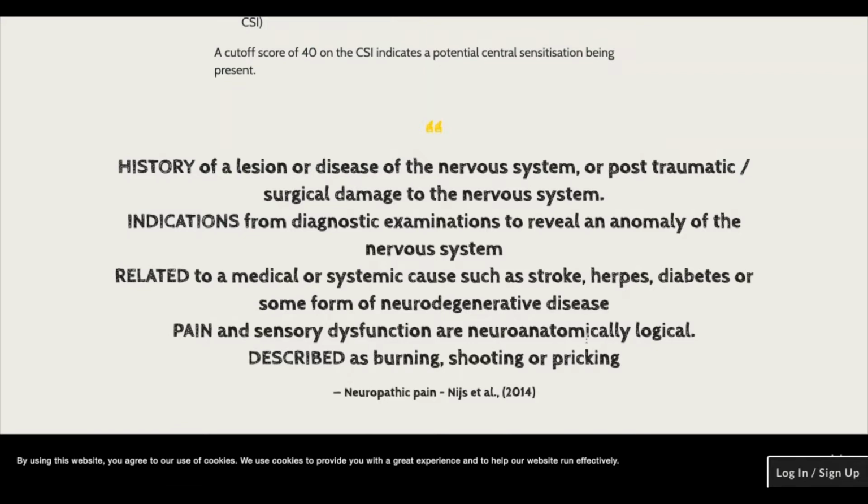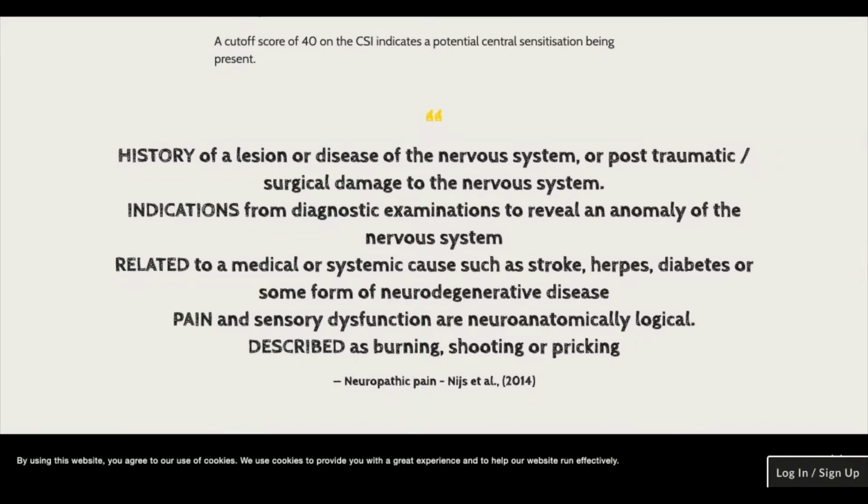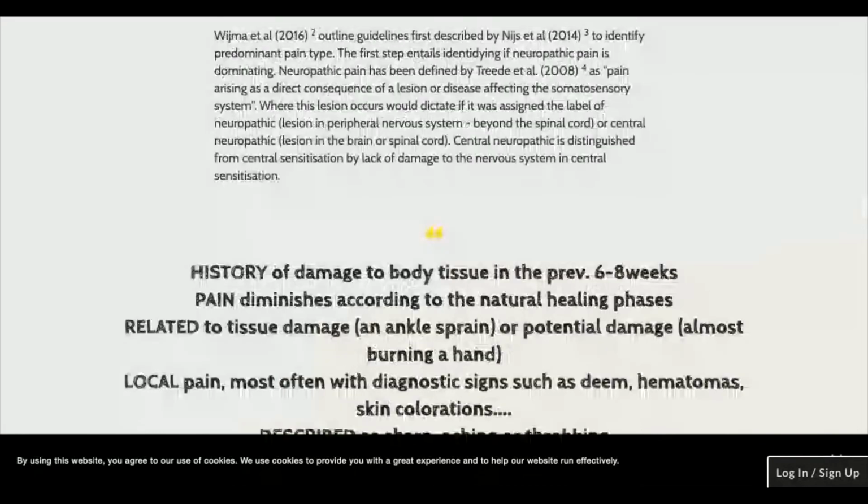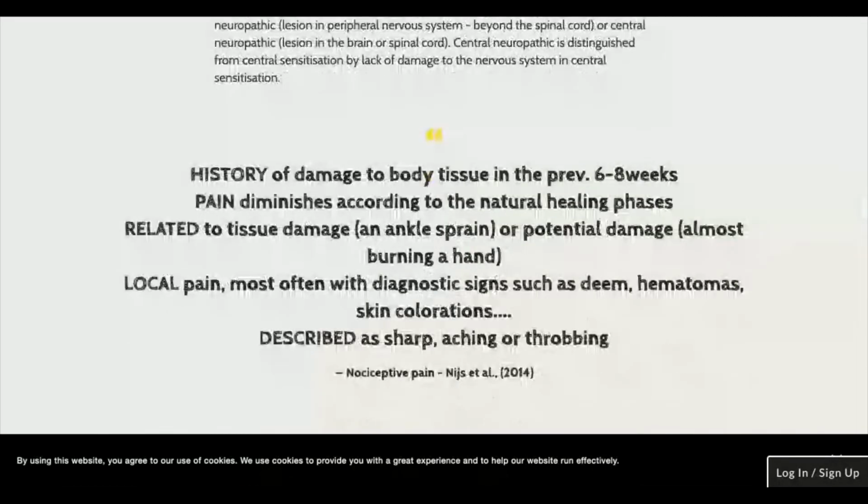And the presentation is often logical. So when we say logical, it's going to be down the arm and maybe it's in the thumb and the first finger, or it's down the back of the leg to the sole of the foot, or the top of the leg to the big toe. When we look at our charts and our maps around nerve roots, those are going to be quite identifiable, often described as burning, shooting, or pricking. Now, we want to be able to rule that out first, because we can do our neuro assessment to be able to say whether we think the nerve root is being compromised here or if it's being irritated, to then be able to suggest what we might interpret that pain to be based on.